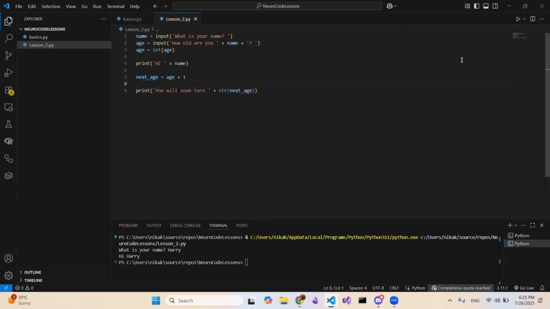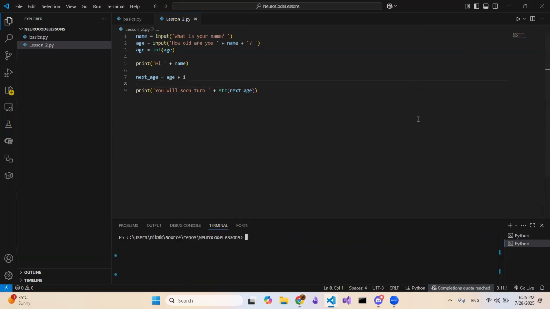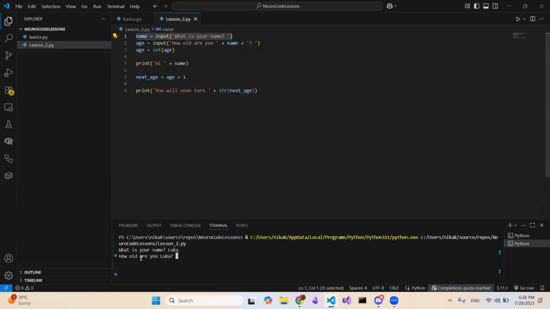So let's just step through this and figure out what is going on. Let's observe it together. So first, because of this line, we are asked, what is your name? Let's say I write, I don't know, Luca. Then it will ask me, how old are you, Luca? So you can see here we already used the name. Here's what we did. We built the string here, which is how old are you, then the name, and then just question mark and space. I do the space just because it's prettier this way. If I didn't do the space, it would just not feel as good to write the text, but it's not necessary. And then whatever we write in here, let's say 30,